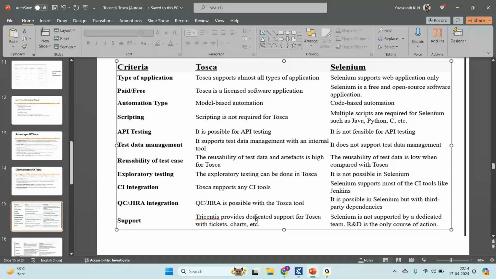Suppose you are purchasing a tool of 18 or 19 or some kind of thing,